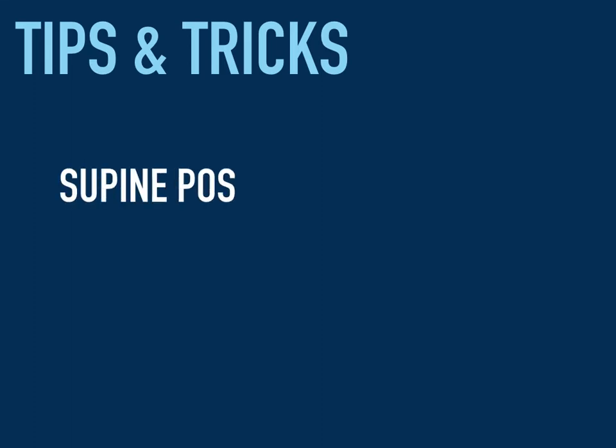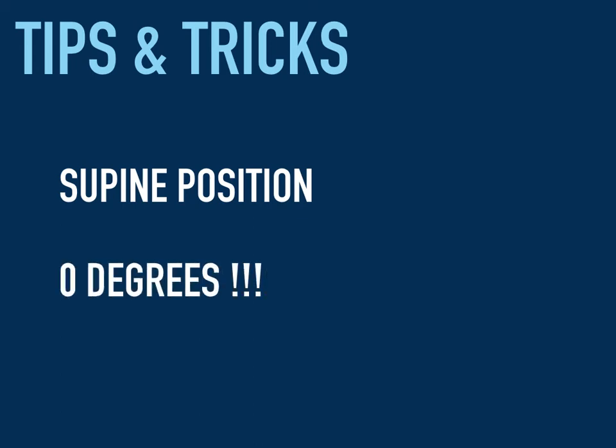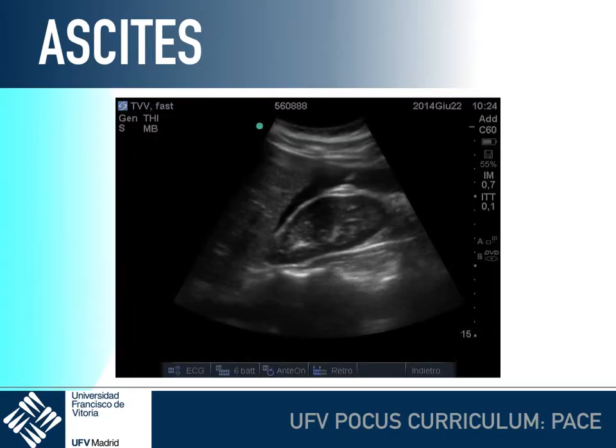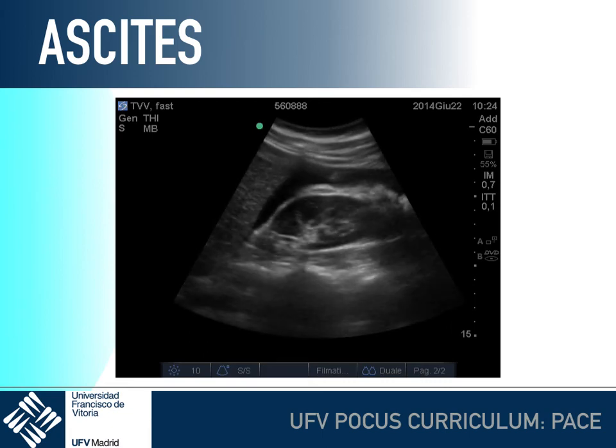Tips and tricks: supine position, especially if you are suspecting really low amounts of fluid. 0 degrees, totally supine position. Don't move the patient because the free fluid will move as well. And this is the ascites, where the ascites looks located